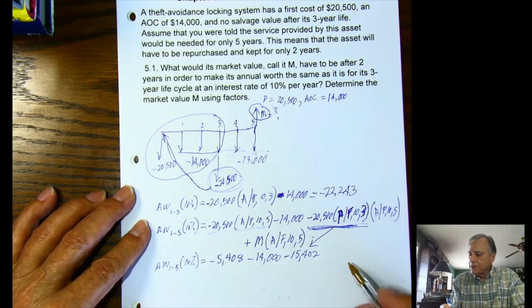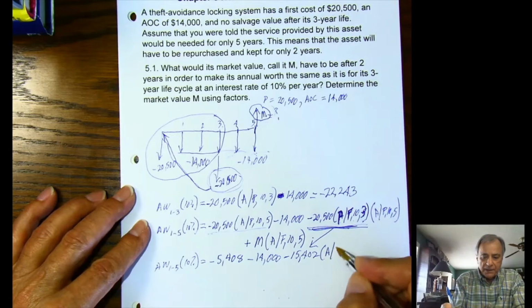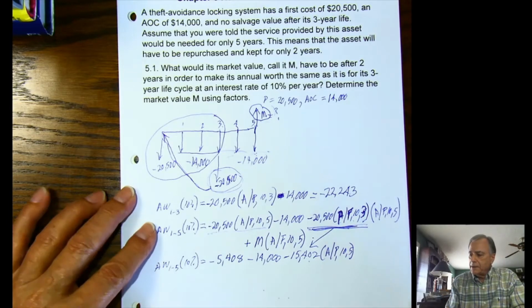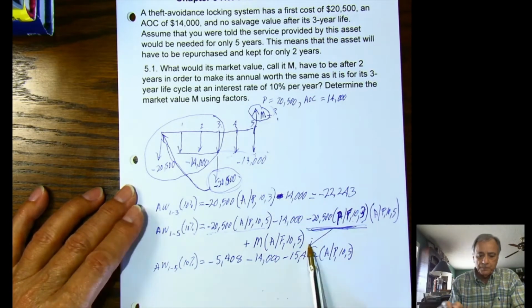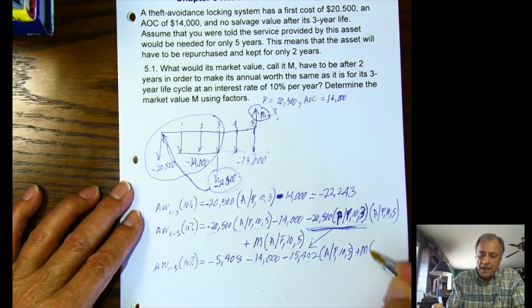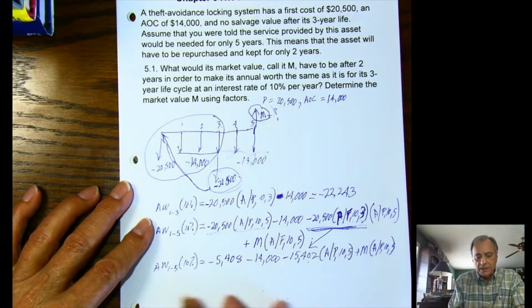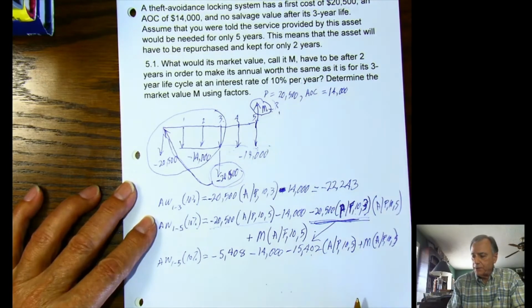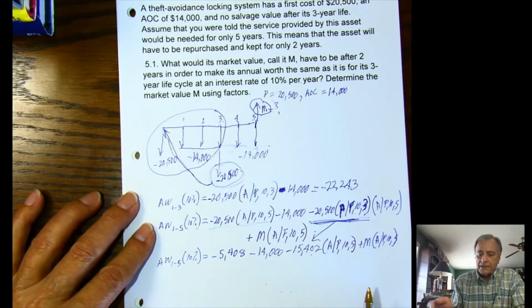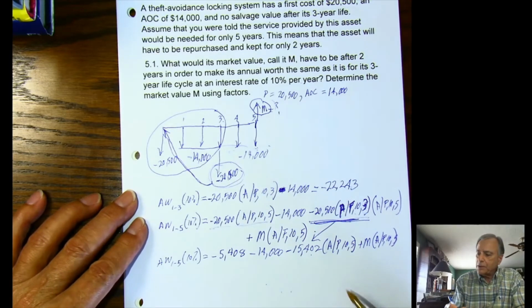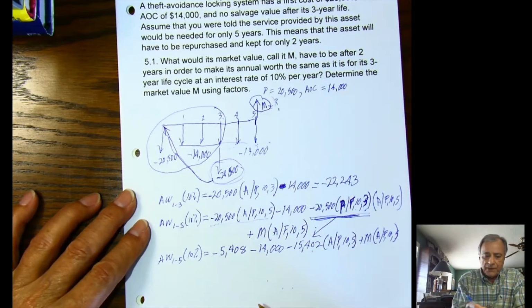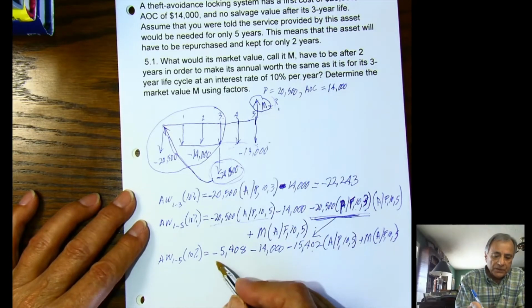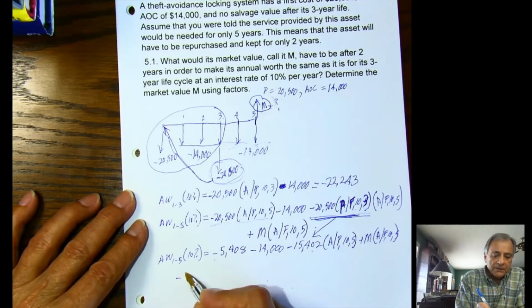And then I'm going to take that and spread it A given P. That's a present value now, 10% for 5 years. And then I'll have this plus M, A given F, 10% for 5 years. And I'm going to set all of this equal to 22,243. And then solve that for the M value. Okay, so I will have the following. I'm going to move this over a little bit. Minus